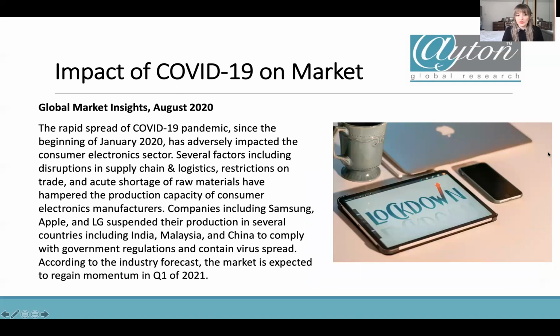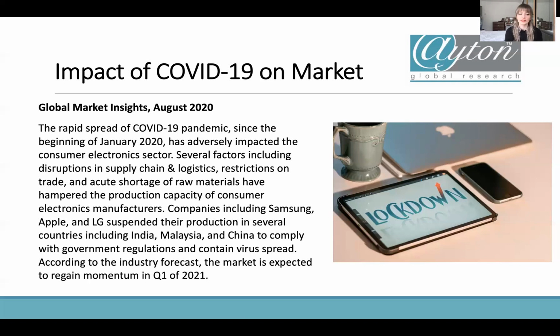There's also going to be an impact from COVID-19, and I always want to talk about that at the moment. It's a huge part of our lives, and even though things are getting better, we're very optimistic. We do need to think about how this has had an impact on the industries, and what we should be thinking about. It has had a big, adverse impact on the consumer electronics sector. Of course it will. And like a lot of other industries, a lot of that is to do with the shortage of raw materials, stopping innovation, stopping production. Which is also catching back up now, but there have been huge delays